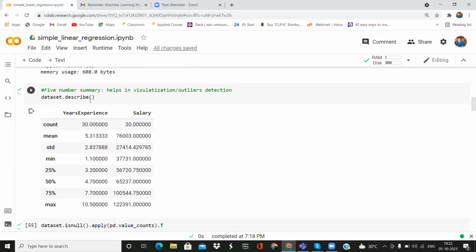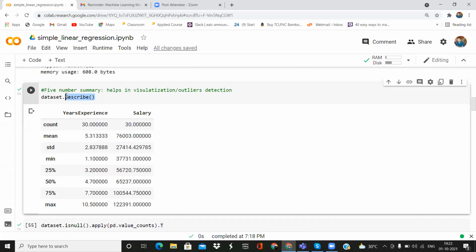So the describe part is the 5-number summary, where you get how your data is distributed: within 25%, how your data is distributed, within 50%, and beyond 75%.